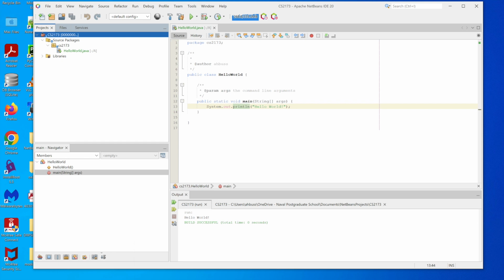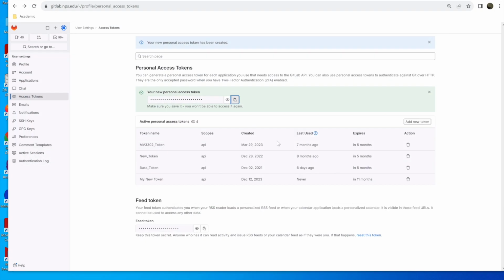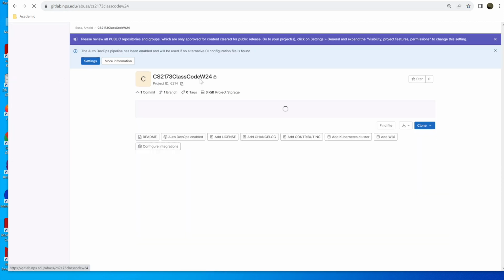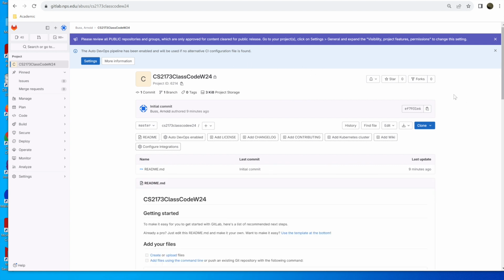But now, here's what we're going to do. We're going to go back to GitLab, and we're going to go to our project, and toward the right is a little green button that says clone. We want to hit the down arrow in this and then select clone with SSH. I'm sorry, no, clone with HTTPS, sorry. Clone with HTTPS. So we're going to copy that URL